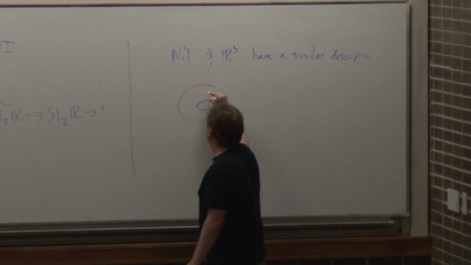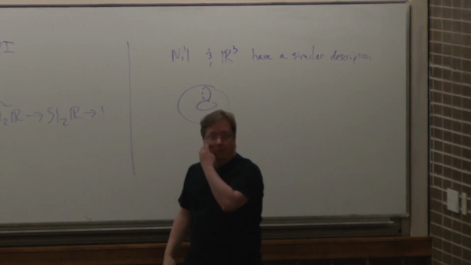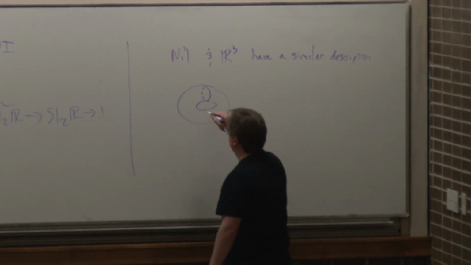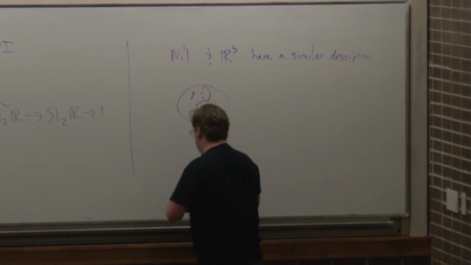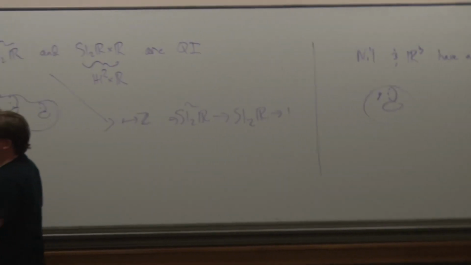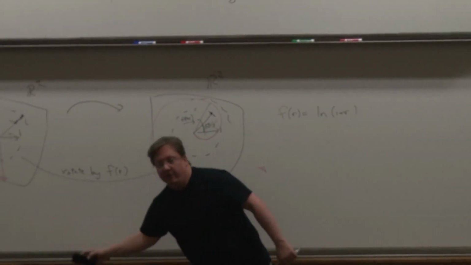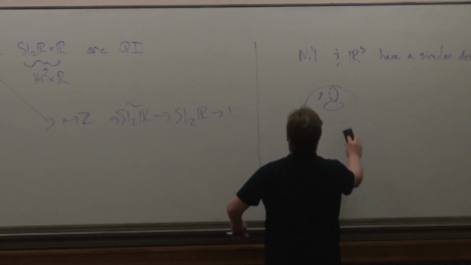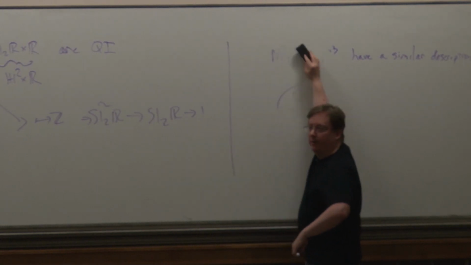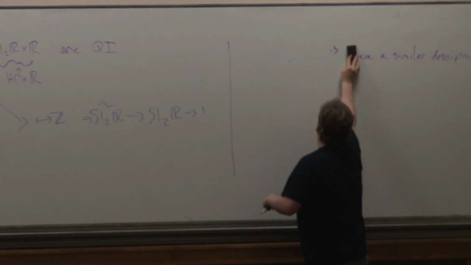Instead of working with the surface, you work with the torus and look at its unit tangent bundle. Anyway, Nil and R3 are not quasi-isometric, and it has to do with the fact that the Euclidean plane does not have thin triangles, while the hyperbolic one does. So,